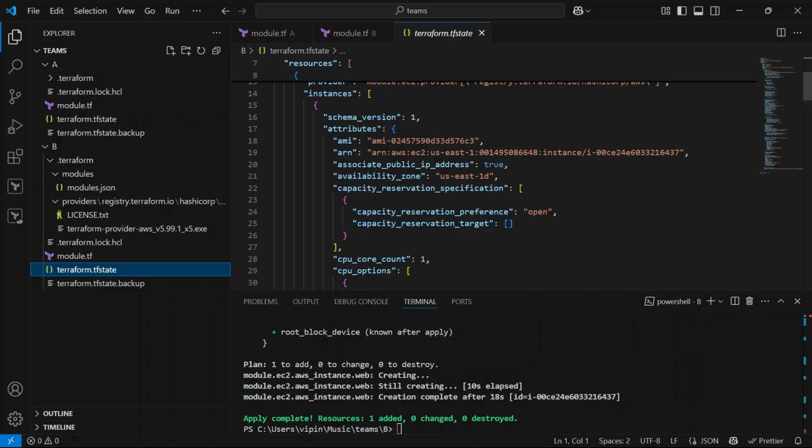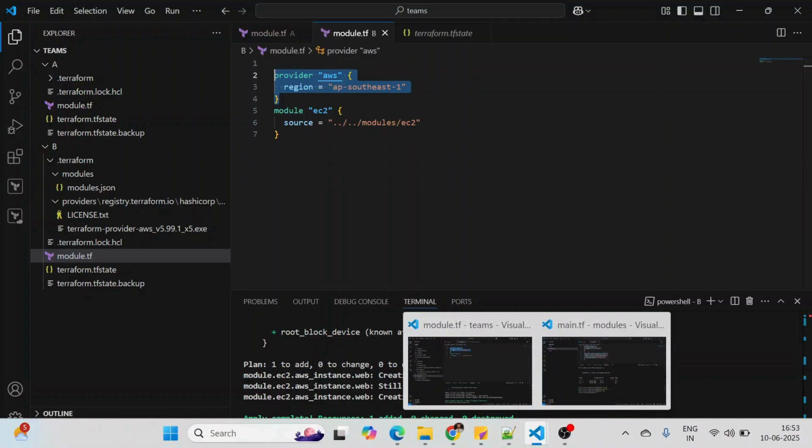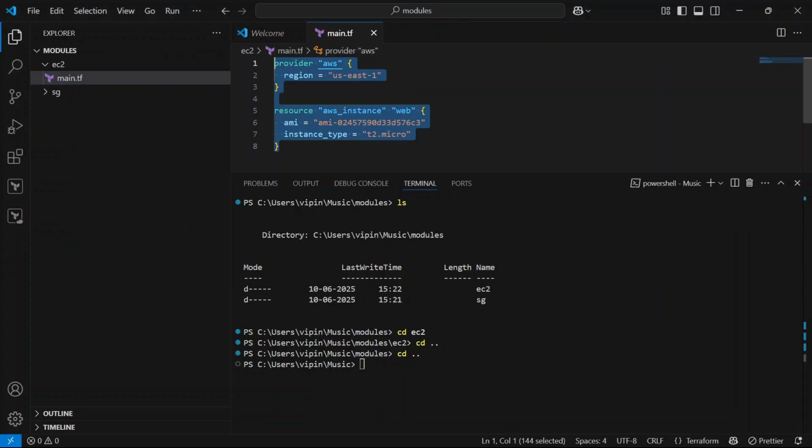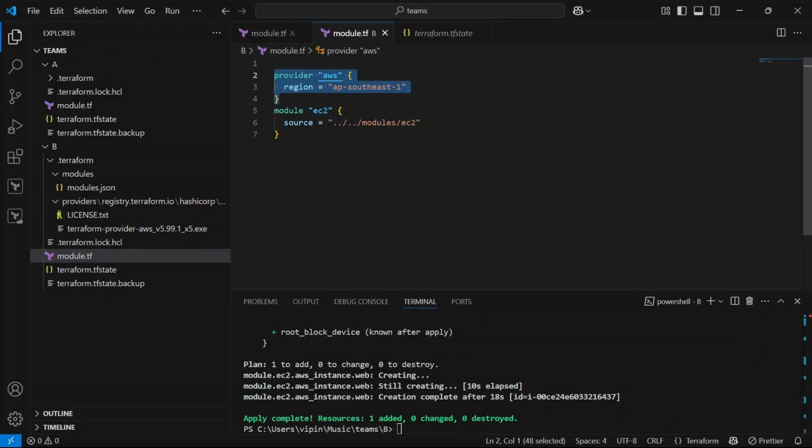Because you cannot define the region here like this, since this EC2 module configuration is not dynamic enough to support multiple regions. We are not using any variable, any required provider or anything. Our module is not dynamic and the values are hard coded. That's why we are not able to create the resources in ap-southeast-1.